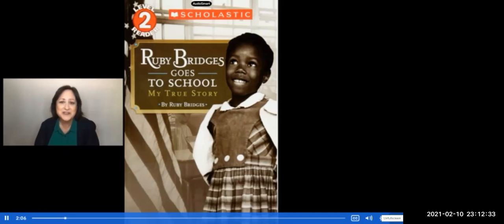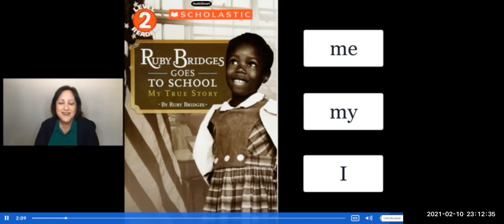Remember those key words, I, me, and my. Those are key words that signal to us right away that this is written in first-person point of view. Another way to describe this text is that it's narrative, which means story, nonfiction. Nonfiction means that it's true. This story follows a narrative sequence with a beginning, a middle, and an end to the story inside. And also, it's nonfiction. It's true.